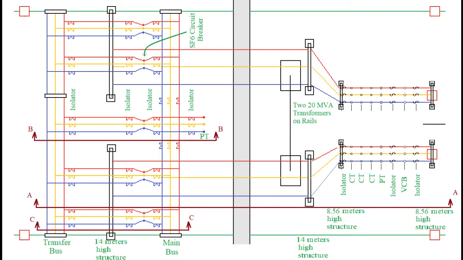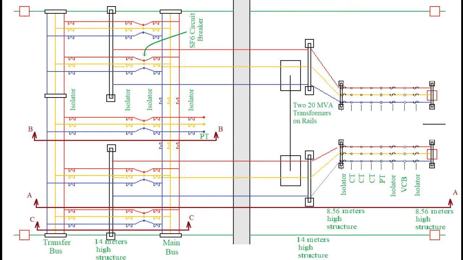In this way, we see 16 isolators on these 5 bays. In addition to these isolators, the main bus has two isolators that divide the main bus into three parts. So total isolators are 18. These isolators connect or isolate the 132 kV line at various points. We will number them as ISO 1 to ISO 18.